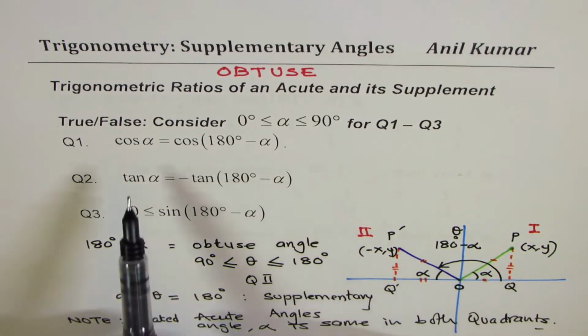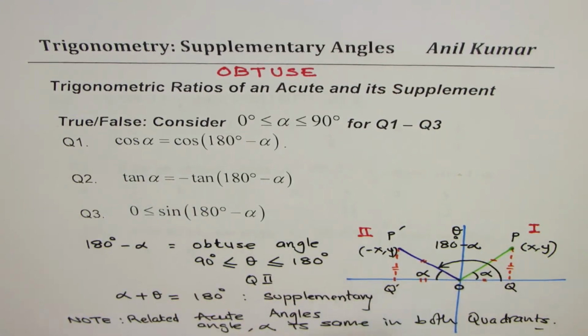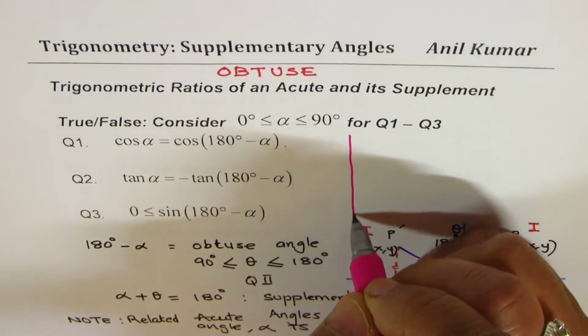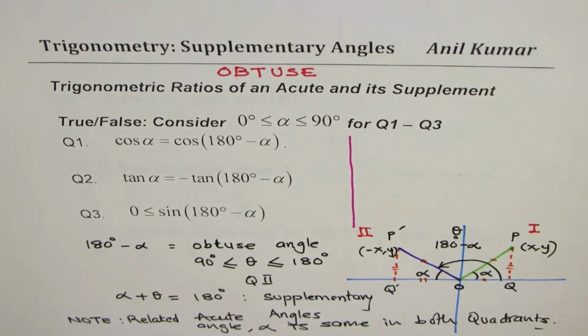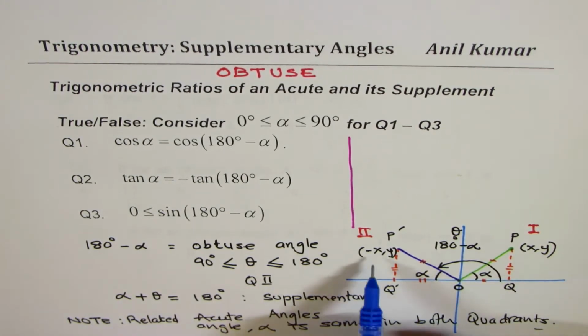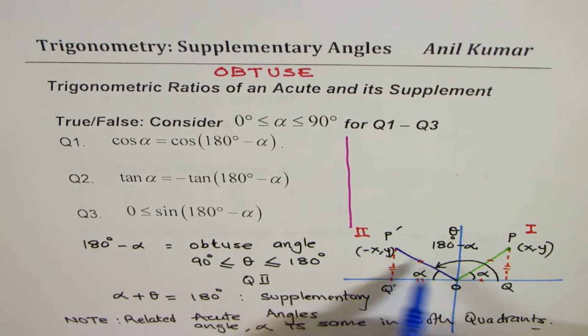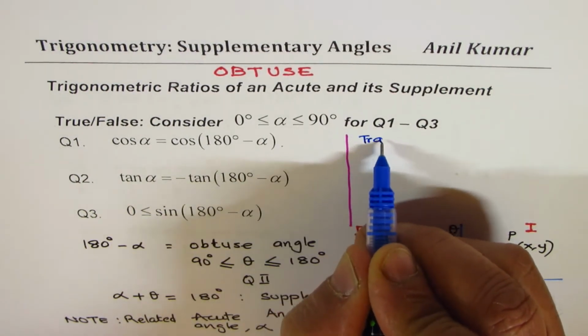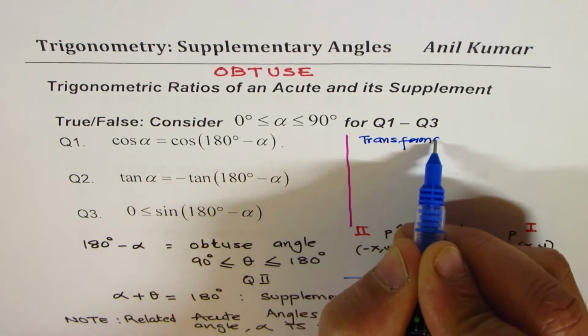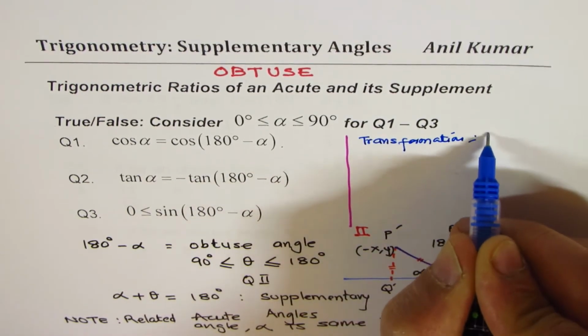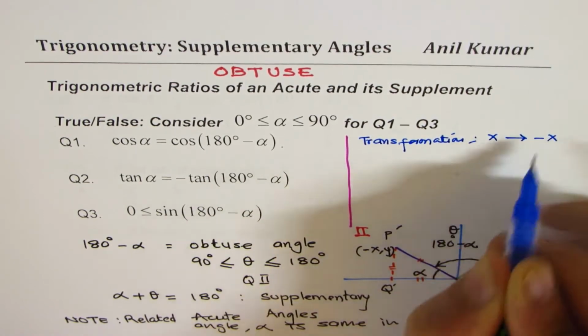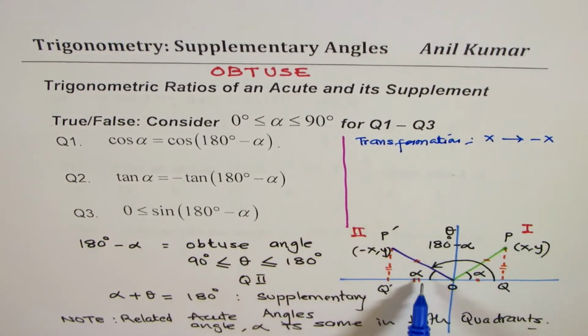So how will cos alpha, tan alpha and sin alpha change if we relate them to 180 minus alpha? This is what we are going to check in our video. So to give you a heads up so that you can answer all these questions, you can see for yourself very clearly that since x value becomes negative, right? So the only transformation is that x changes to minus x, correct? Now that is going to affect tan and